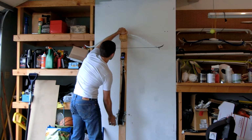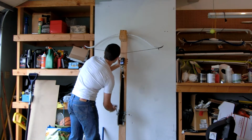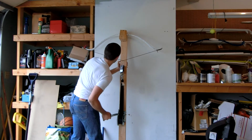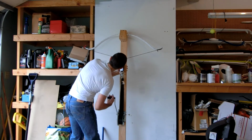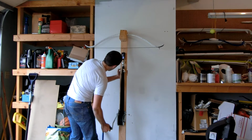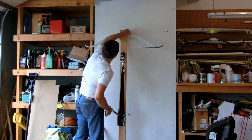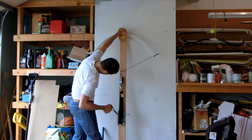3.3 pounds. 10 inches, 8.5 pounds. 12 inches, 12.75 pounds. Now to 14 inches, 15.95 pounds. 16, 18.55, 18 inches, 21.05 pounds, 20 inches, 23.3 pounds,